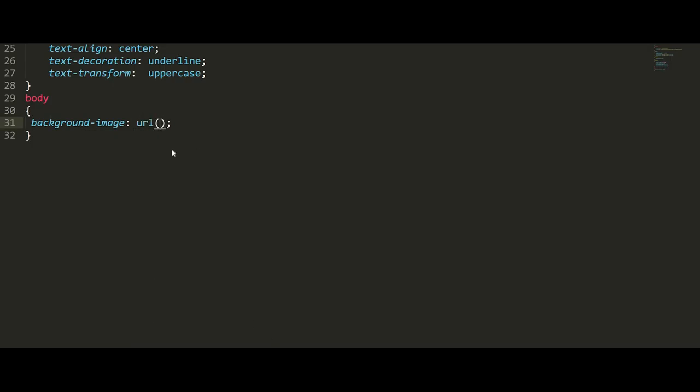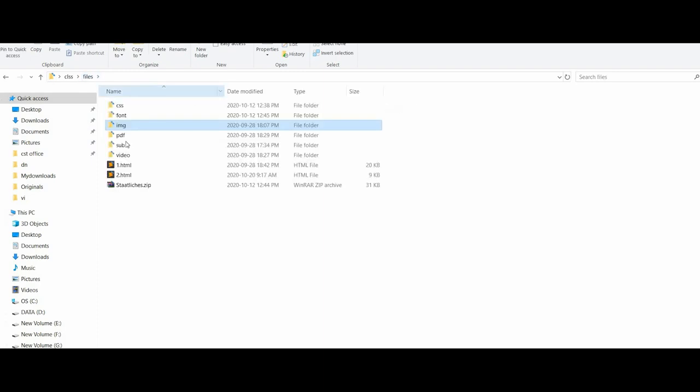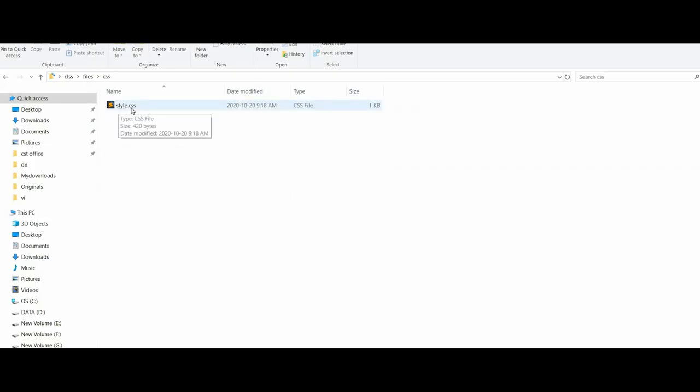I'm going to select an image from my folder. See this image. Now I am in this style.css, and the image is going to be linked with this file, so for this I want to go to the folder.